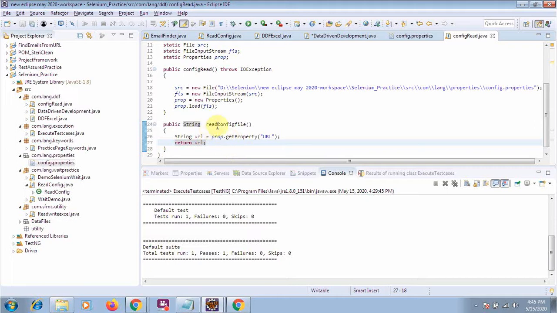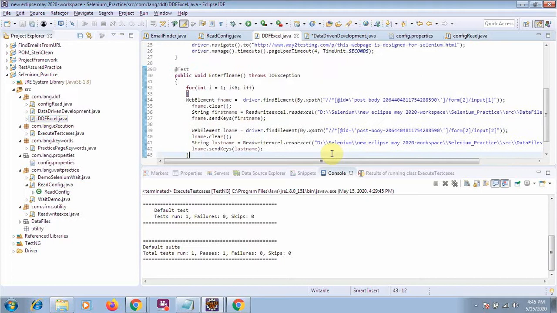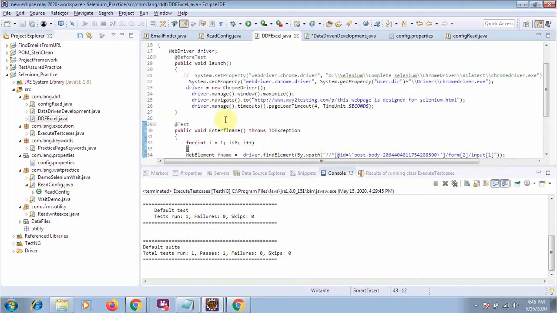So whenever you call this method, it will read the value of URL and return it to you. Okay, now let's move on to your project, which was this one. Here we are entering the URL. Driver.navigate.to this one. This time we will not use this one.